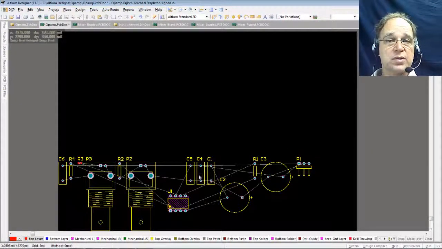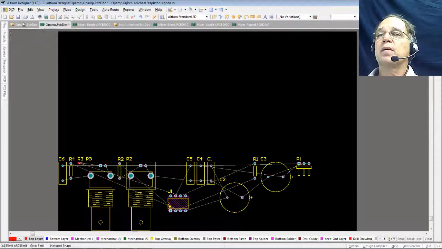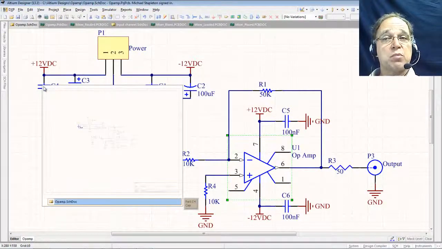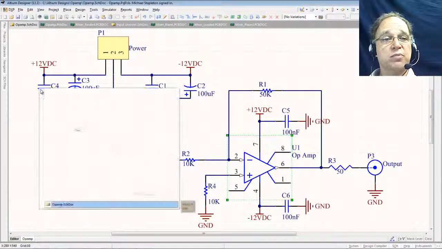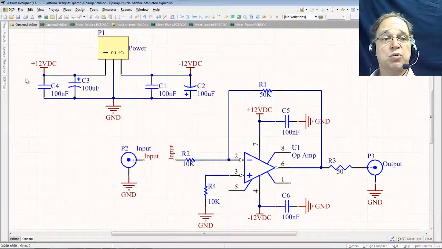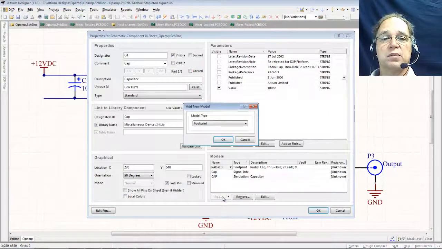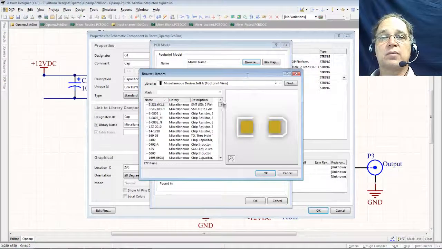Now we want to make some more changes. Look at these giant caps. We don't want these caps to be so big. So let's make some changes. I'll save my PCB, go back to my schematic. And this is where, like I said previously, once you're used to Altium a little more, when you place that part, you can change the footprint to start with and place your parts with the correct footprint to start with. So here I'm going to double click this part. I'm going to add a footprint, tell it OK, go back to my browser,